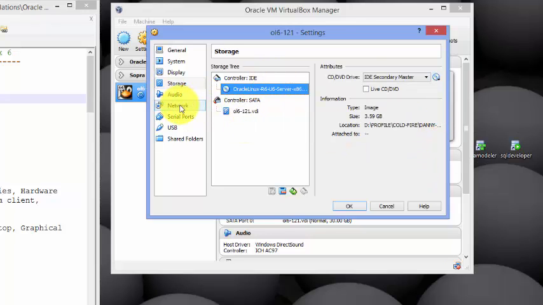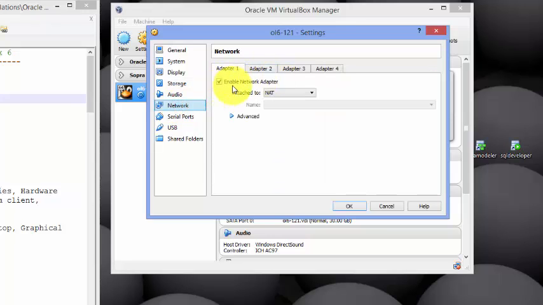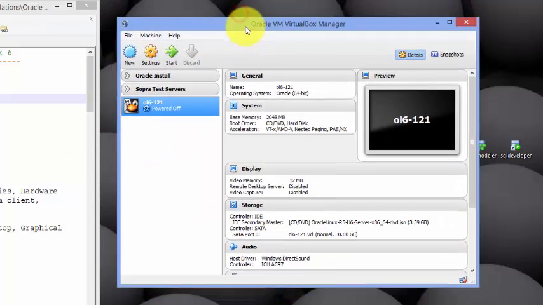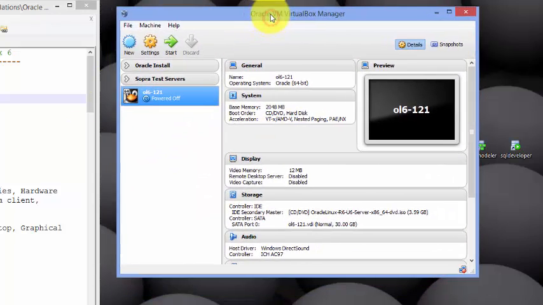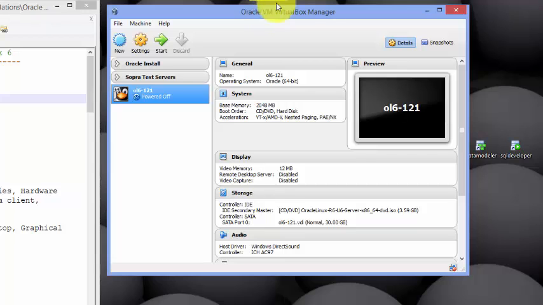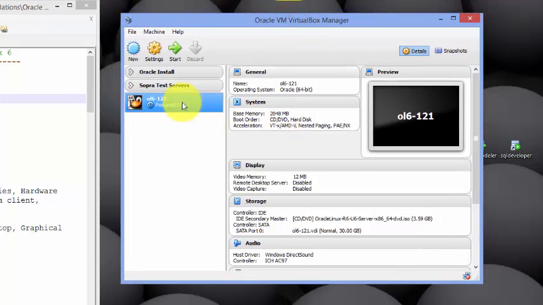and then you navigate to the network. Okay, so I maintain the default, I use a NAT, and I click OK. So our virtual machine, virtual operating system configuration has been completed, and we are ready to power it on. So I click the start,